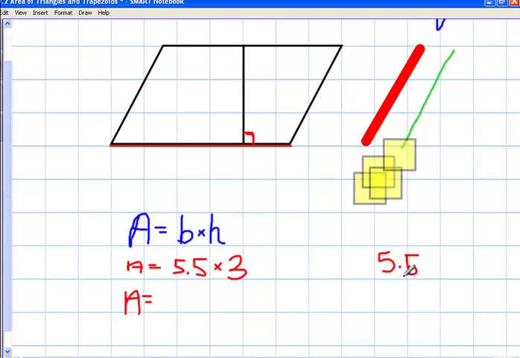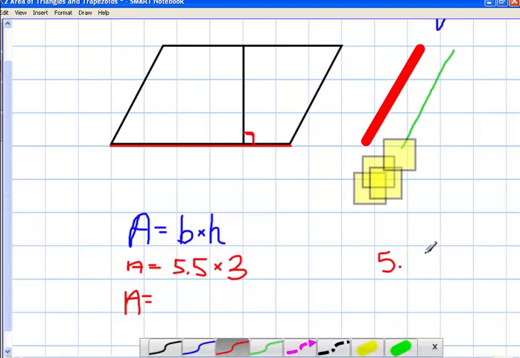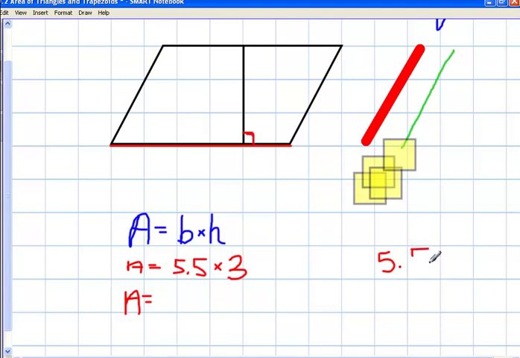Whoops. See if we can clean that up a little bit. That doesn't look like a 5, does it? Let's try again. I wish the pen worked as well when I'm doing a screencast as it does when I'm not. 5 and 5/10 times 3. All right, and then obviously here we get the 15. Here we get 15 plus the one more, 16. And then we have to remember we have to go over one position and over one position. The area of this is 16 and 5/10